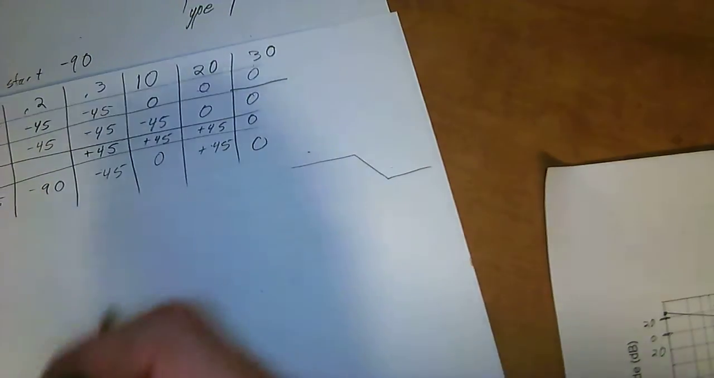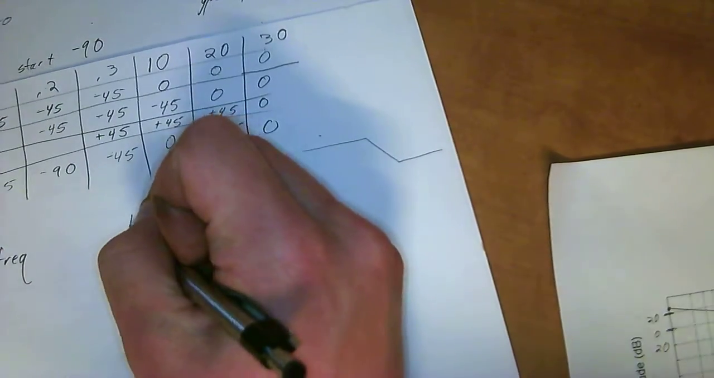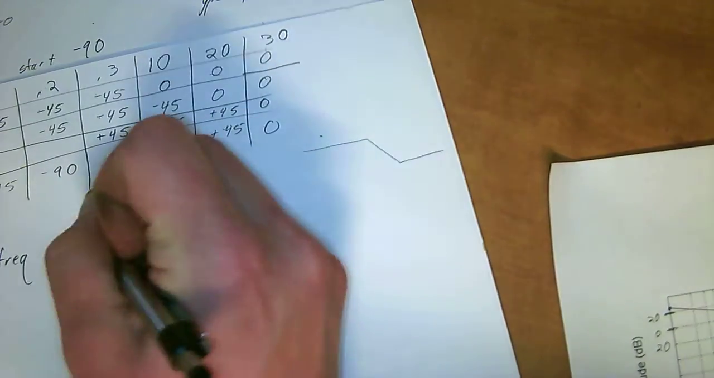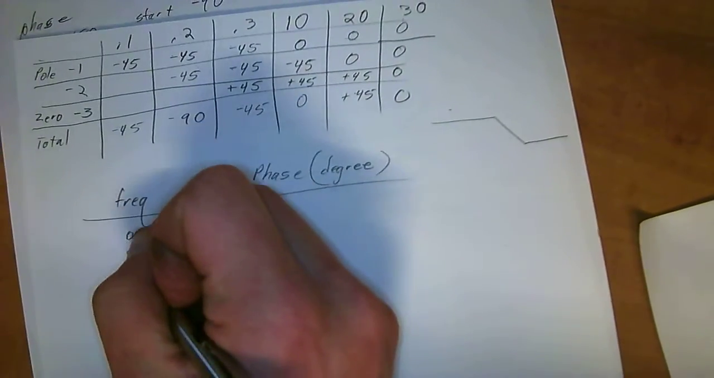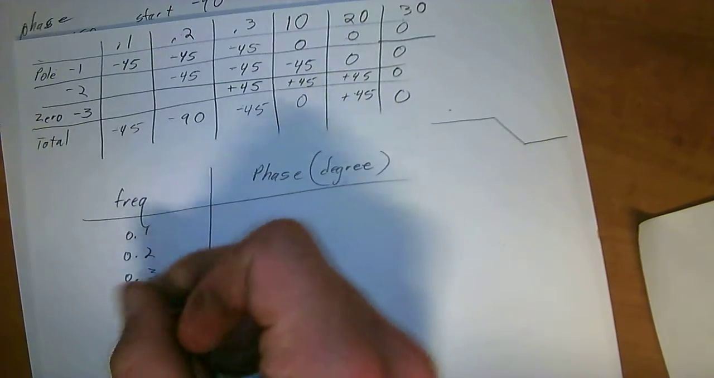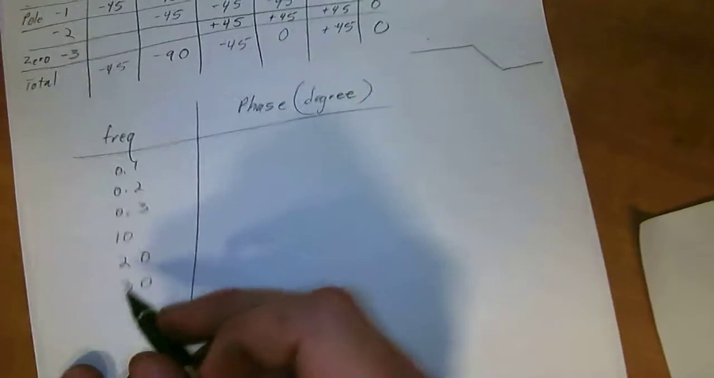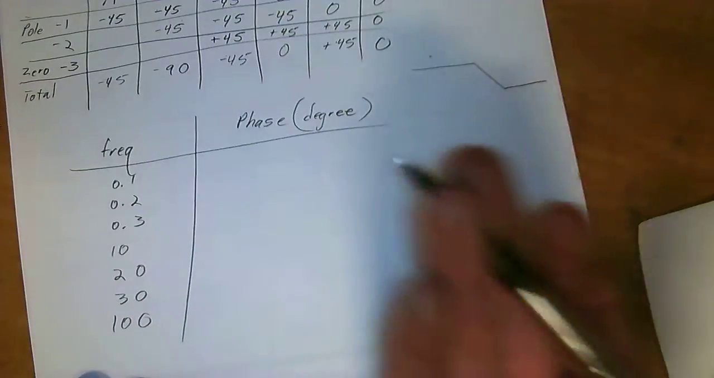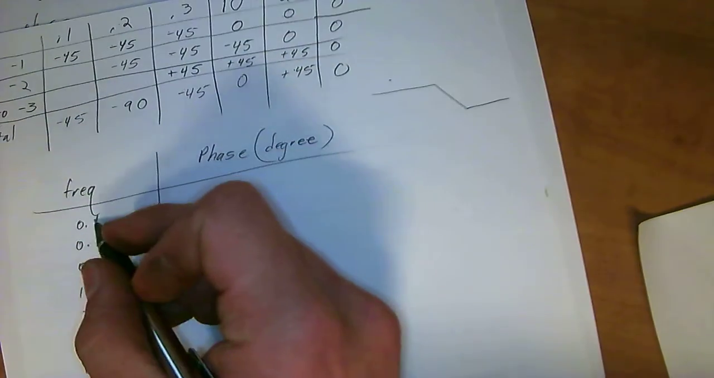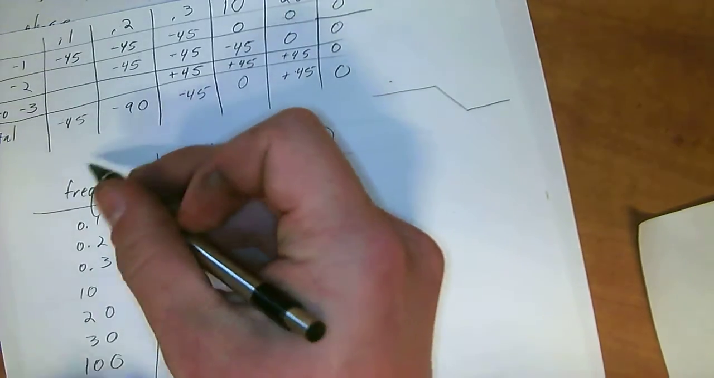Okay, so for that, we create another table, just like the last one for the magnitude, and the phase now in degrees. Frequency in degrees, you go 0.1, 0.2, 0.3, 10, 20, 30, and then to finish off the plot, you can put in 100 if you want to. This isn't really necessary, but it's something you can do. Okay, so at 0.01, the phase we know is negative 90,